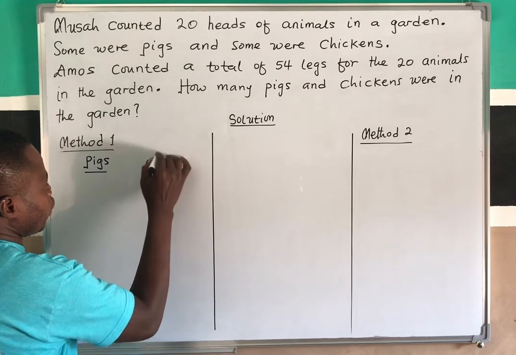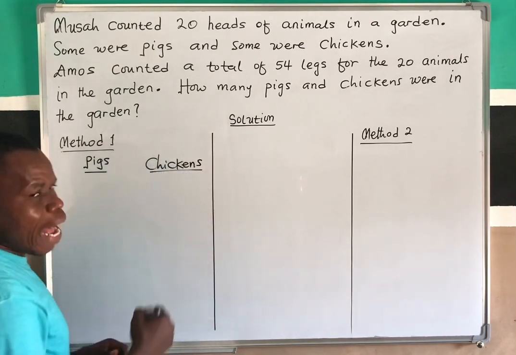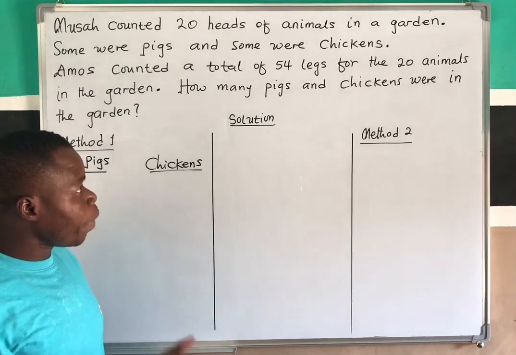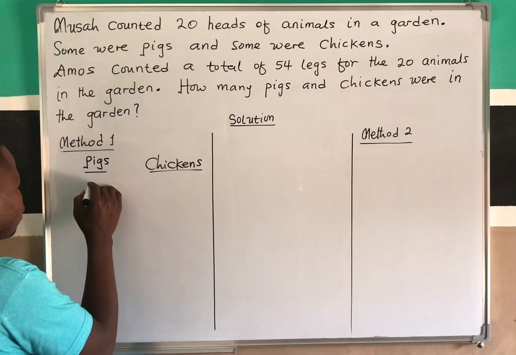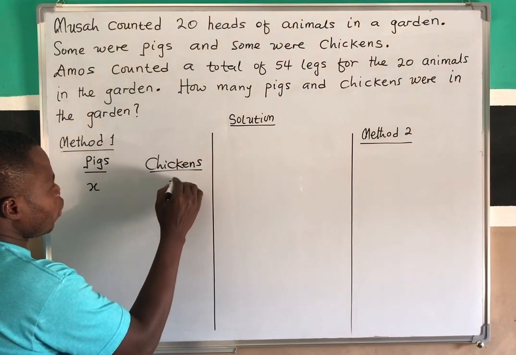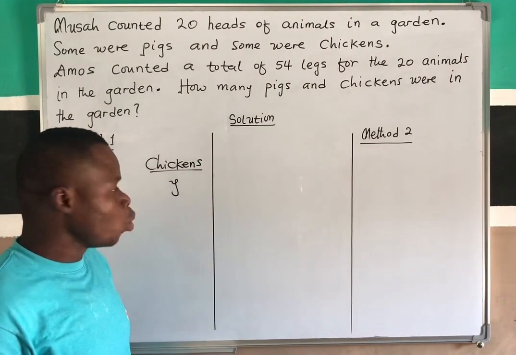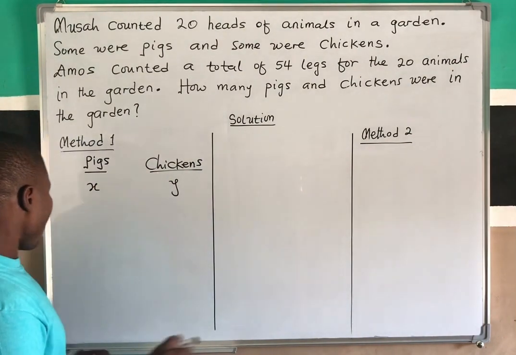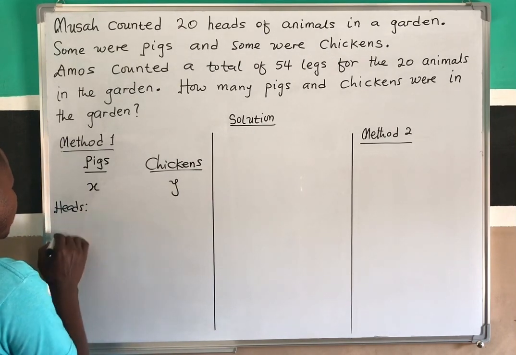So now, this particular information is talking about pigs and chickens, and we are asked to find the total number of pigs and the total number of chickens. So what I'll do is that the number of pigs is x and the number of chickens is y. I'm using these variables to represent their totals. But if you take heads and legs,